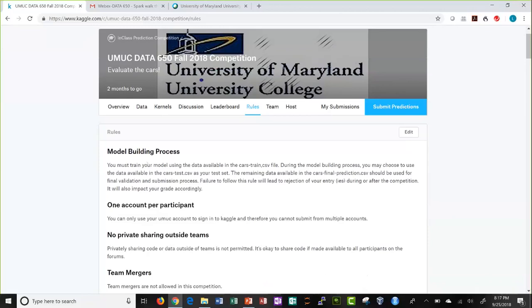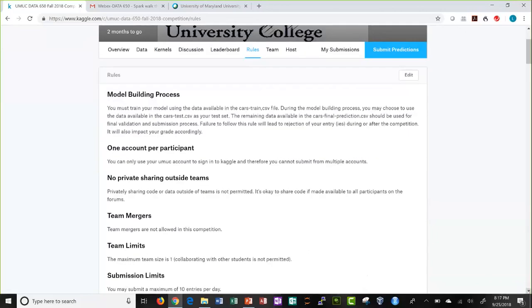And during the model building process, you may choose to use the data available in the cars test as your test set, right? We went through that. I showed you that on the slide, what these different data files are. It's just telling you the same thing, put into words here to make sure that you understand and follow the process correctly.